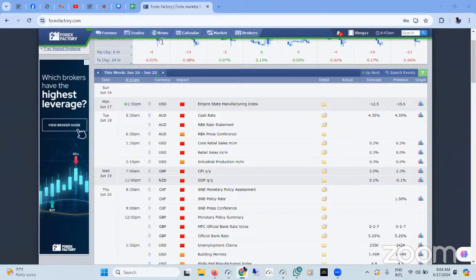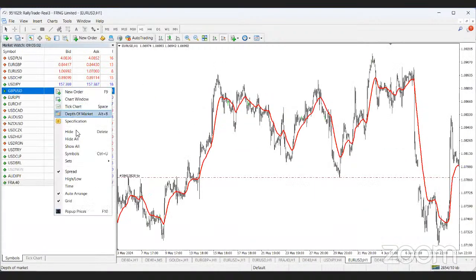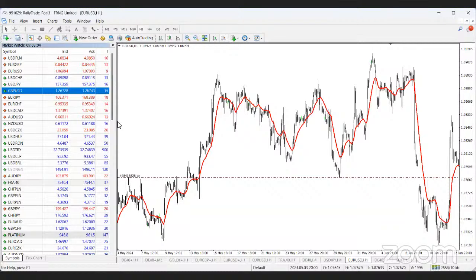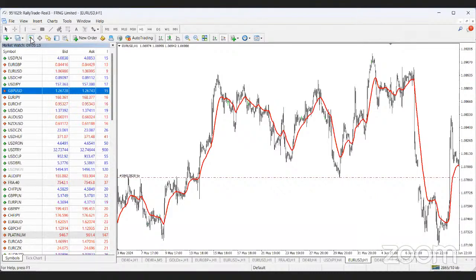So I was about sharing my screen to you on here, and I will just go to here. Then I'll just right click and click on show. And then we can look at something. If you look at this left-hand side, you see that this is the market watch. Let me disable it. Market watch is gone. And now market watch is back.